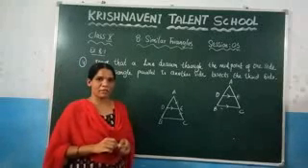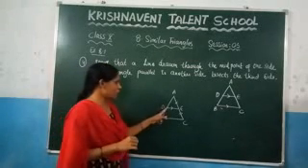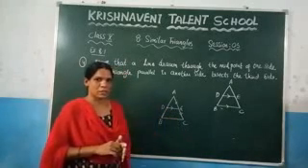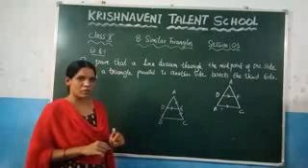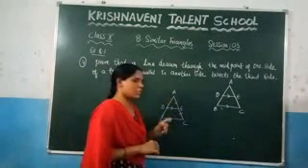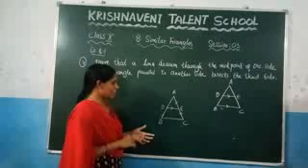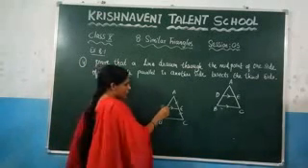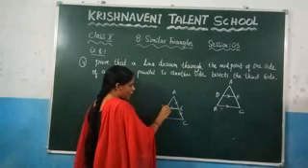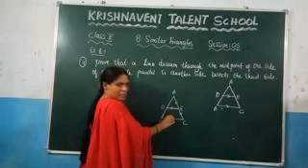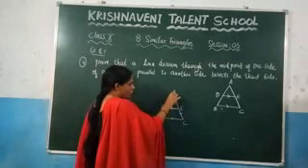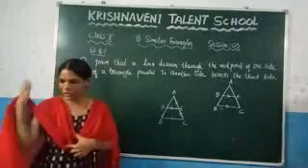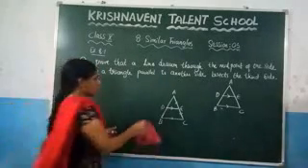So here what they have given in the question, they have given here D is the midpoint of AB, and similarly they have given here DE is parallel to BC. Now based on these two conditions, what we need to prove? We need to prove AE is equal to EC. So here what they are saying, a line drawn to the midpoint of one side is parallel to the other side. This is given, and we need to prove that the third side bisects. That means AE is equal to EC. Now prove this theorem. Prove this statement here.